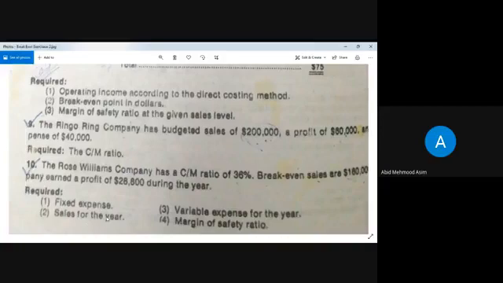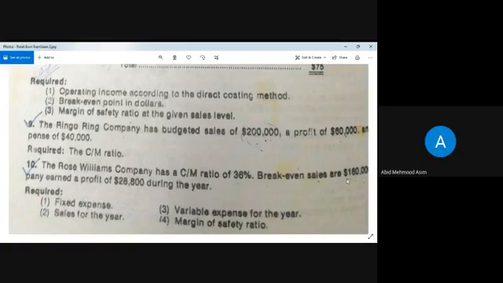Here, what is meant by sale? Sale means actual sales. Here, this value of sale is break-even sale, not the actual. Normally in the previous exercises and questions, we are provided with the normal sales, the level of sales at which the company is going to operate. That sales is given to you, and you are asked to calculate the break-even point or break-even sales. But this question is somehow different from the previous questions.